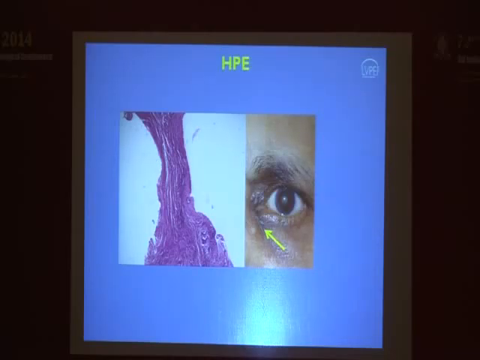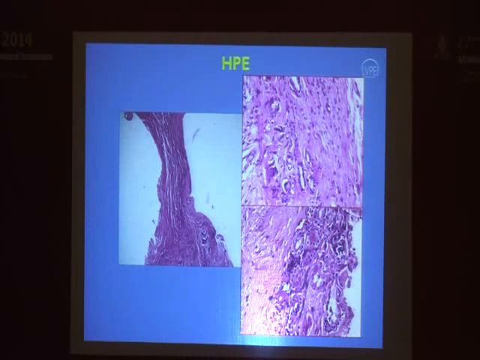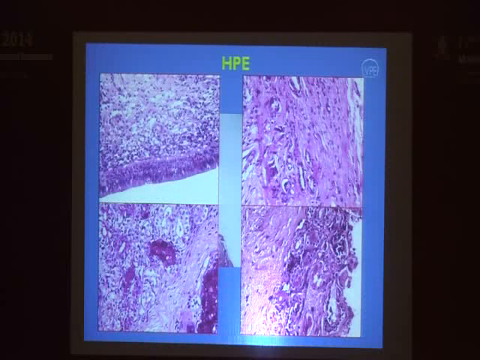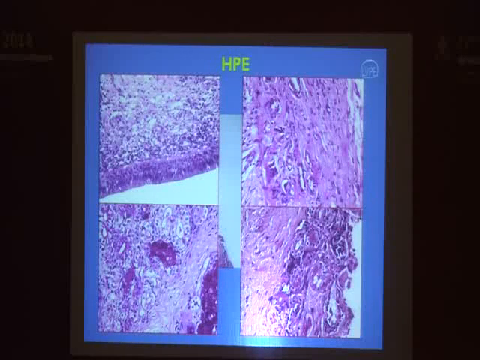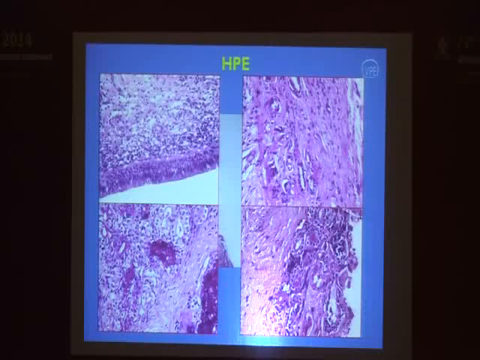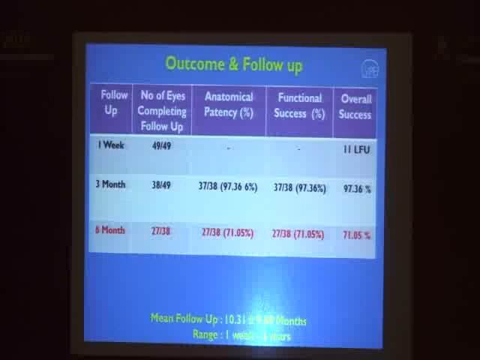We excised the entire granulation tissue, and we could find a sac underneath having a cut, just a cut without any flaps. We sent this tissue for histopathological examination, and we found that the entire tissue was nasal mucosa. And when we compared this with another tissue from a case of primary DCR, the upper picture shows the lacrimal sac mucosa, and the lower one shows the nasal mucosa. So you can very well make out that in this case the entire tissue was made up of nasal mucosa.